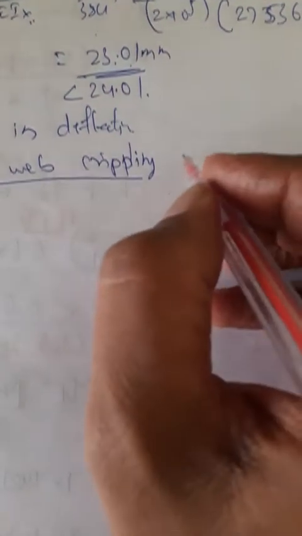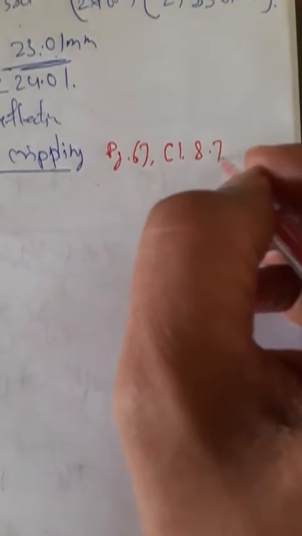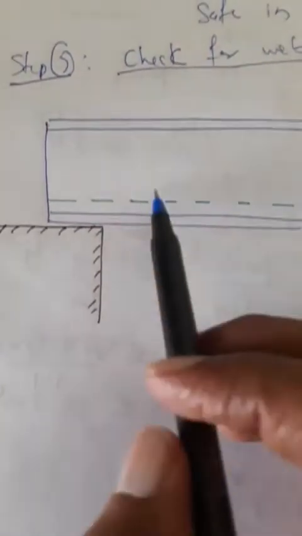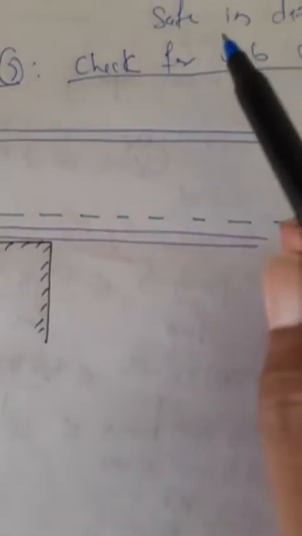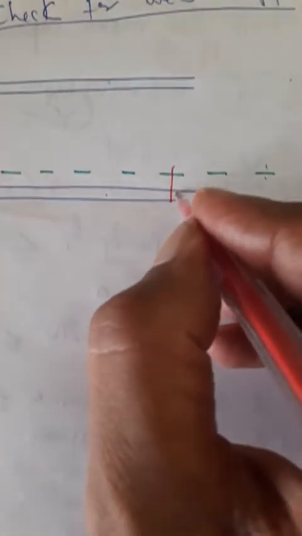page 67, clause 8.7.4. Check for web crippling. Say this is an I section, top flange, bottom flange. This is a cross section. Because of heavy loads at its support, the web may cripple like this. This effect is called web crippling, and this height is given by h2, and that h2 height is available from the code books, this height,